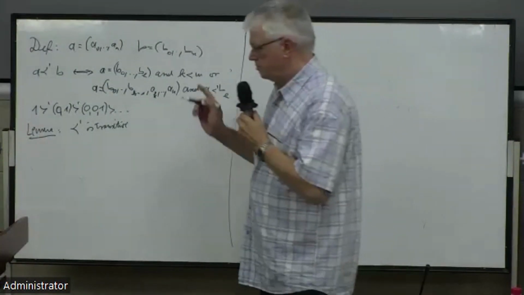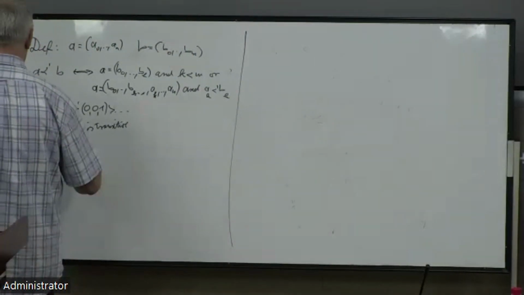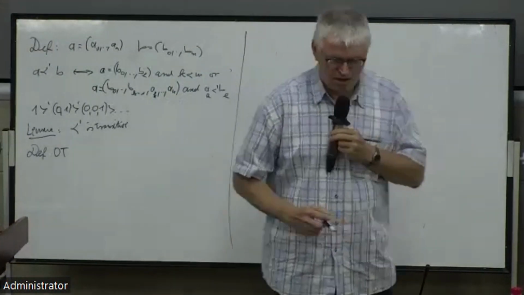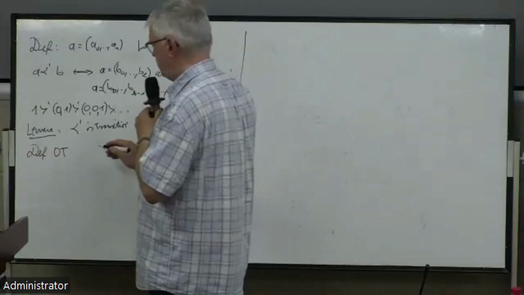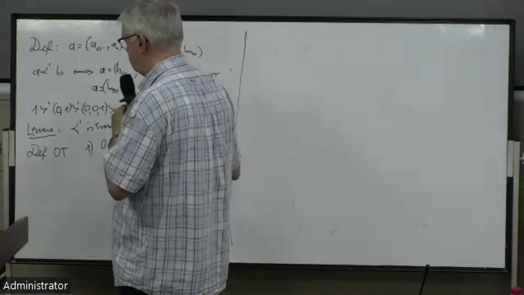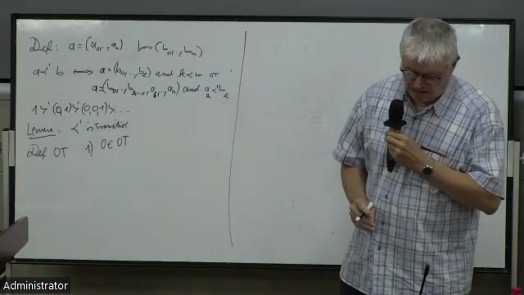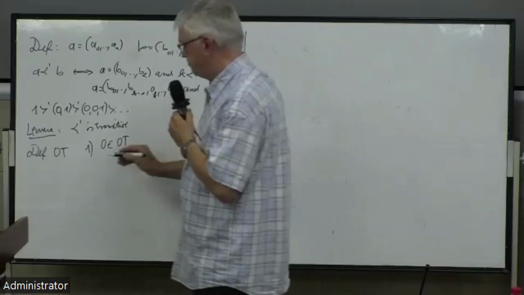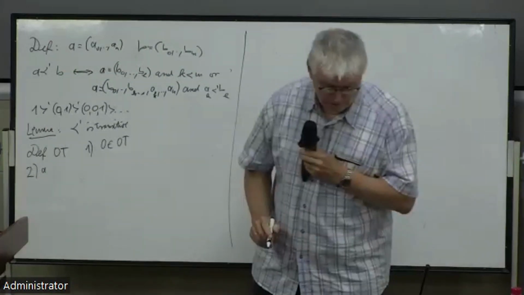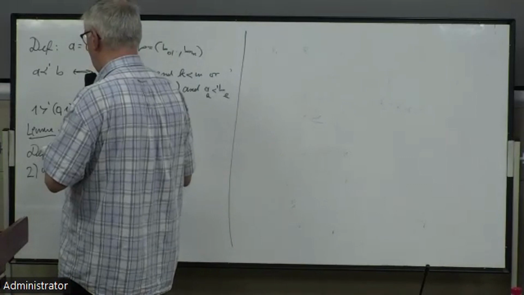Now, having this ordering, I define a set of sequences OT. Now, this is defined inductively. First clause is 0 is in OT. This will be the minimum of the ordering. And if a0 to an are in OT,